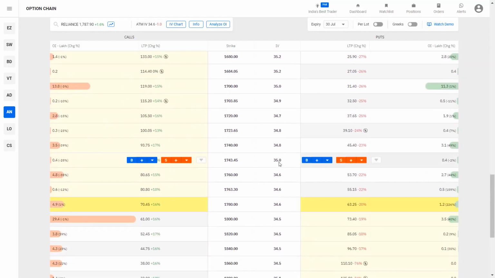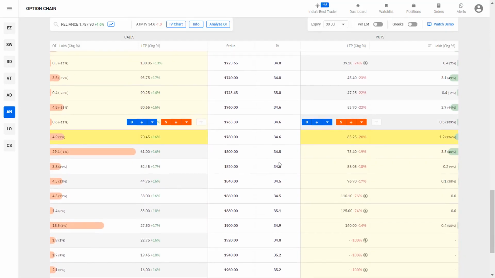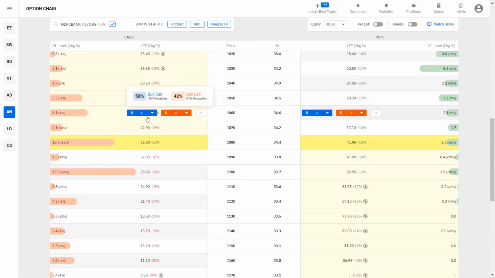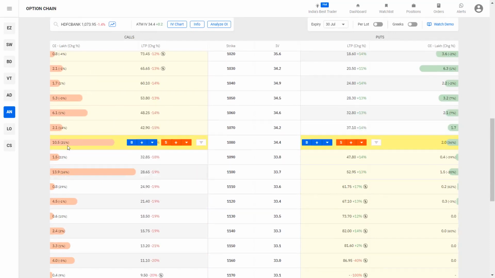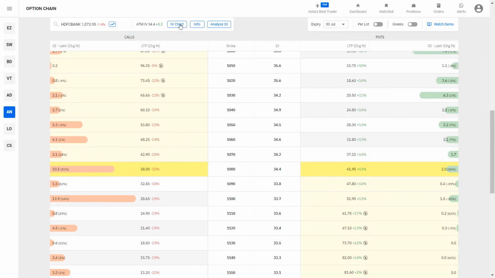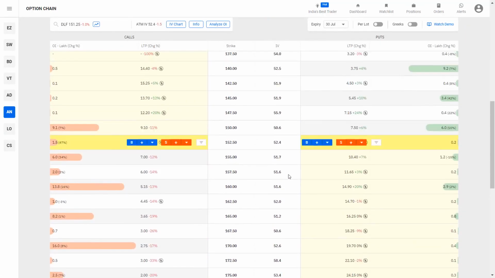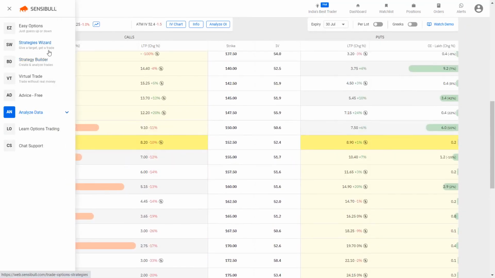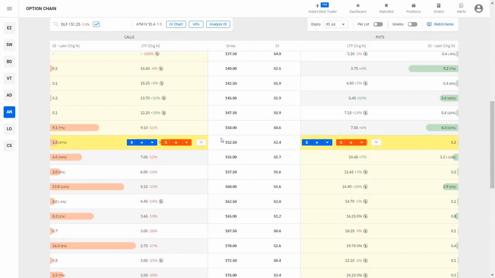So you can see that Reliance has resistance at 1800, and support at 1700 and 1600 and all that. So the trick is you have to ask yourself which one looks significant and which one doesn't, right? HDFC Bank, for example, is a big stock, a 1000 rupee stock, and it has decent OI, 10 lakh, 13 lakh, etc. This is not bad. So you have to look at which stocks can be taken seriously depending on the OI. DLF again, this is hardly any OI. It's only a 150 rupee stock and you can see that OI is like 9 lakh, 6 lakh, etc. So I would probably not take it very seriously.